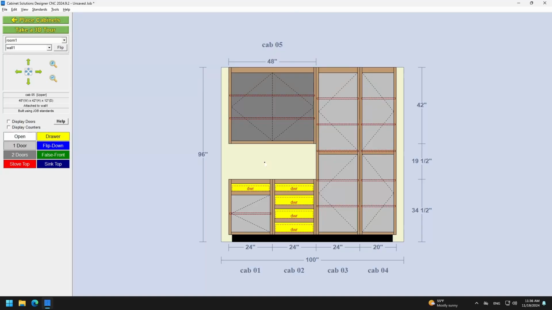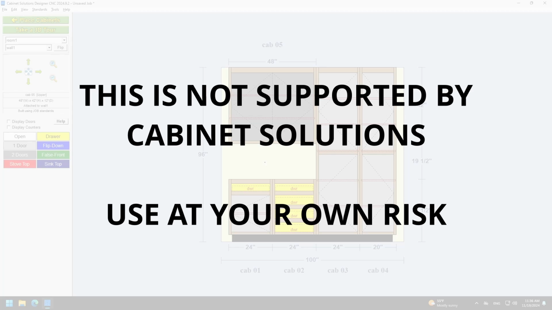Hi, this is Jake with Cabinet Solutions Design Software, and on today's video we're going to be setting up Dropbox to be used with our software to allow you to transfer files between licenses. Now keep in mind this is not supported by Cabinet Solutions and therefore it is use at your own risk. This is just a solution to get your files from one computer to the next computer, or if you're sharing